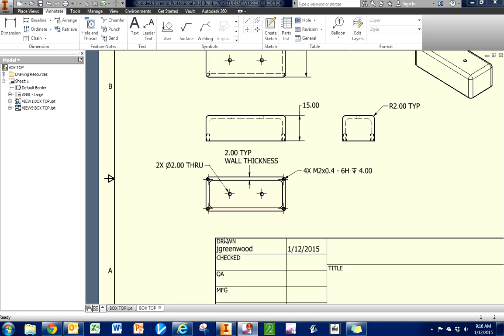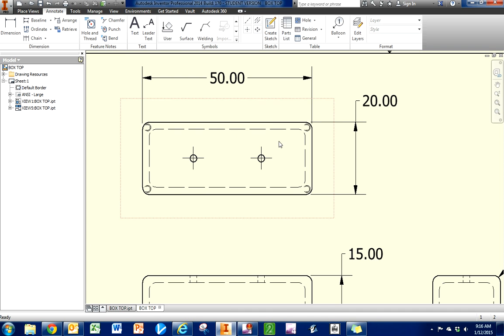The last thing that we need to do to this drawing is dimension hole locations. You'll notice from the drawing that you have as an example that we're going to use this view up here to dimension the hole locations of these two through holes on the top of the box. To do that, I'm first going to dimension the distance between the two